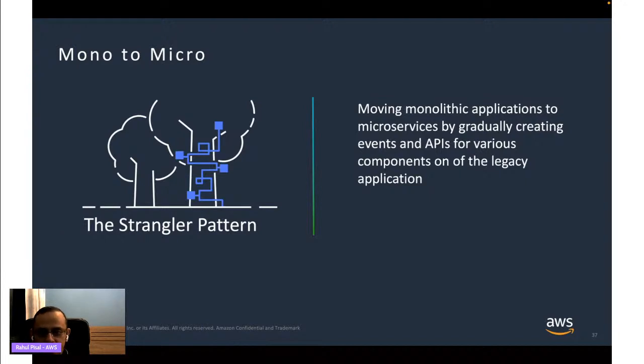So as the name suggests, essentially what happens is after a few years, the vines take over the tree, and the biomass is more vine than trees. What that means is you start chipping off from your existing application into a microservices based architecture with APIs front ending the services, and you slowly start migrating over from your existing monolithic application into a microservices world, until such time where you have migrated critical mass over into your new application, and then you slowly retire your existing application, and then the modern application is what is